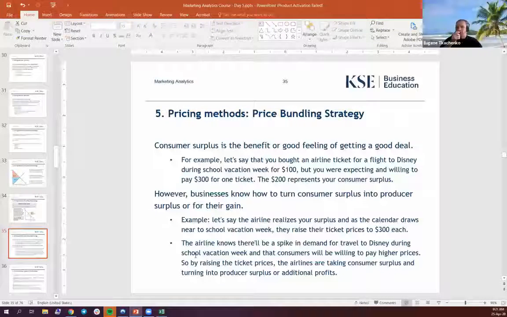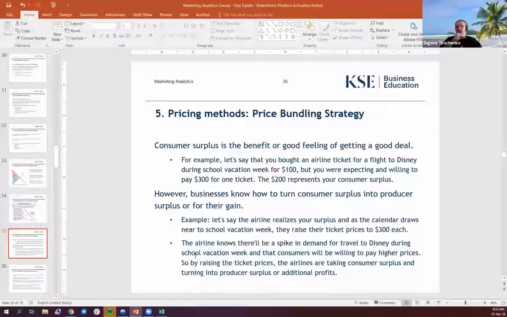So instead of using the regular price for a ticket, which would be maybe, let's say we're just making things up, $100, they basically skyrocket their prices to $300 because they know that there are no other alternatives and people are willing to pay $300. So instead of now, as a customer, having a consumer value for myself of $200,